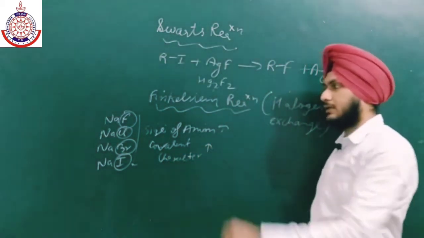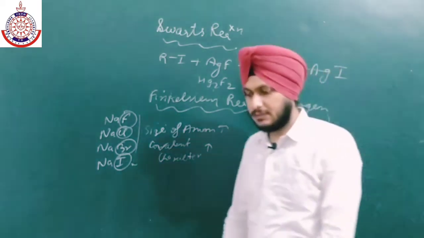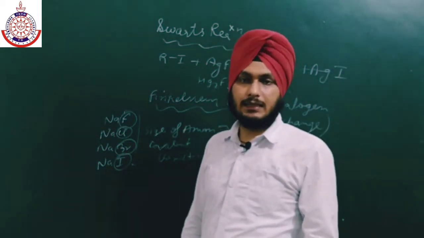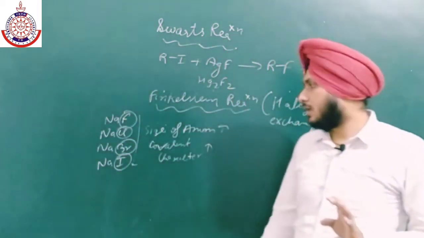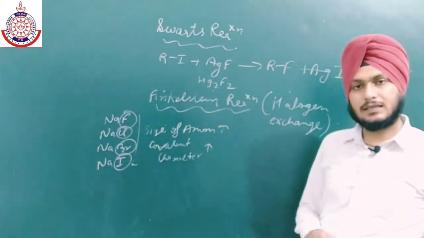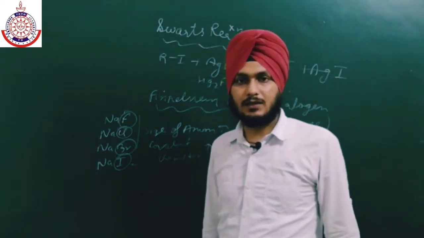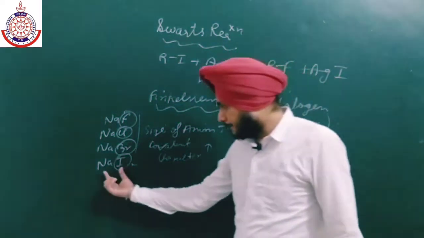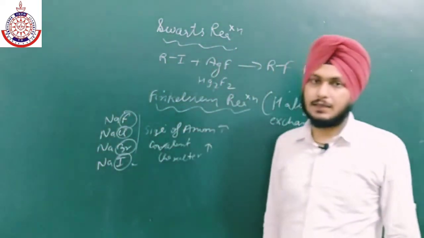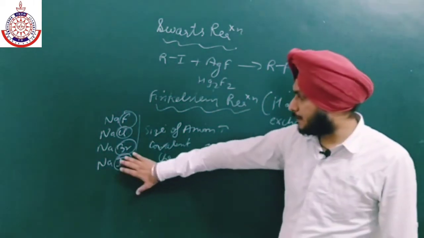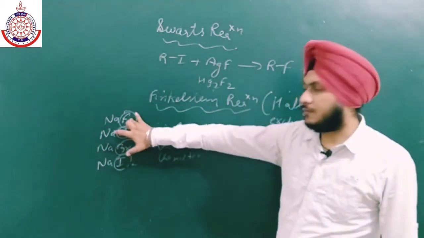We all know that as the size of the anion increases, the polarizability increases and it can be easily distorted. That is why the covalent character increases, and acetone is a covalent compound. That is why NaI is highly soluble in acetone, and it can easily displace bromine, chlorine and fluorine from their compounds,